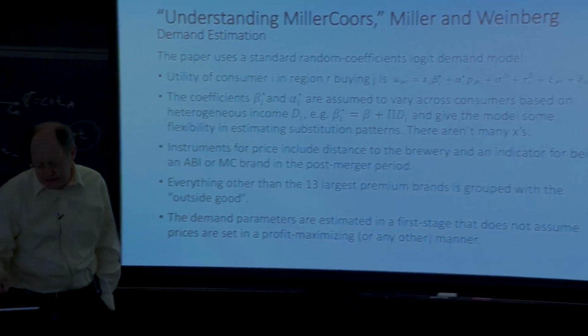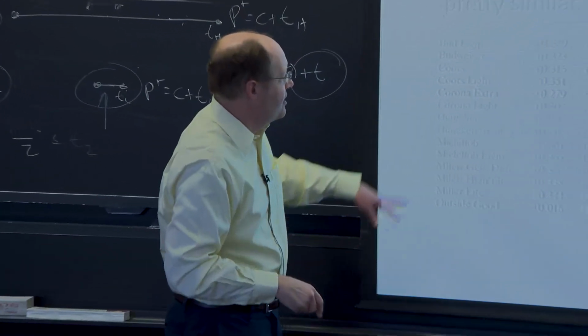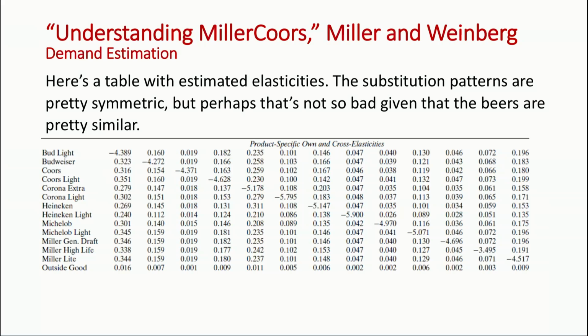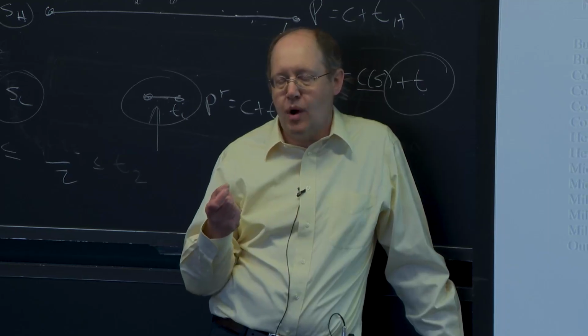They have some instruments for price I will skip over, but they find a bunch of charts like this. So this chart shows price elasticities. It says if you raise the price of Budweiser by 1%, sales of Budweiser go down by 4.4%, or sales of Bud Light. But then people will buy other things, and so in particular, Budweiser sales will go up by 0.3%, Coors sales will go up by 0.316%, Coors Light sales will go up by 0.351%, Corona sales will go up by 2.279%. They have this substitution matrix they've estimated. And then they say, it's a two-step estimation. First, we estimate demand to find all the elasticities. Then we say what would happen under the different